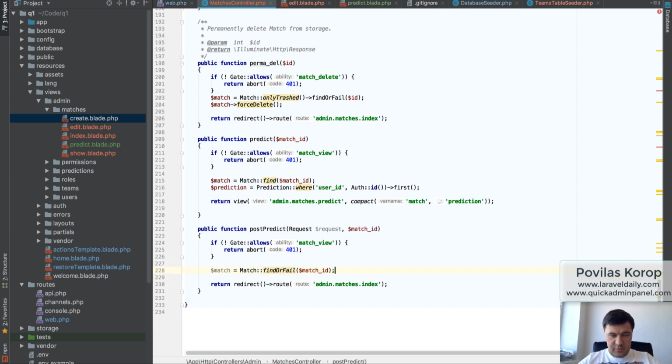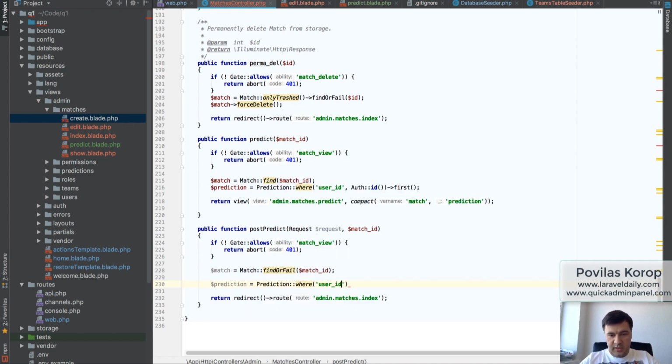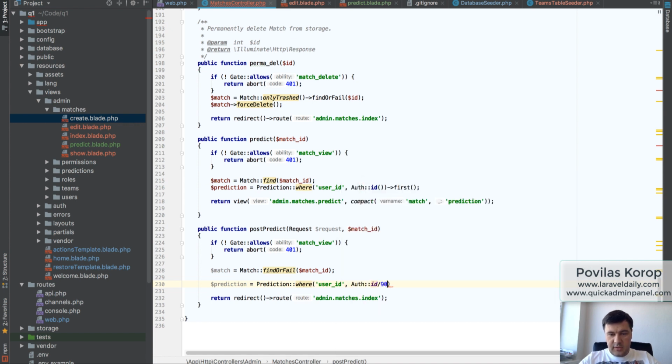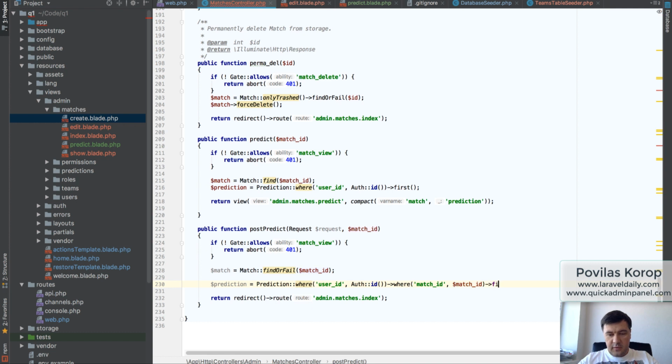If it exists, we continue, then we should find a prediction of that user for that match. Prediction where user ID of auth ID, where match ID equals match ID. First,